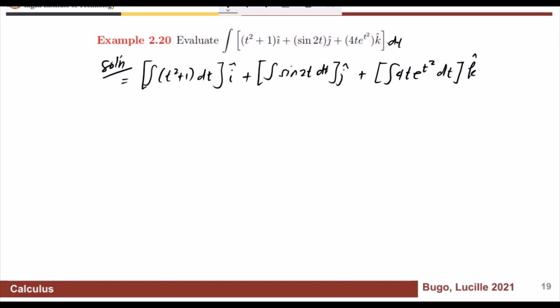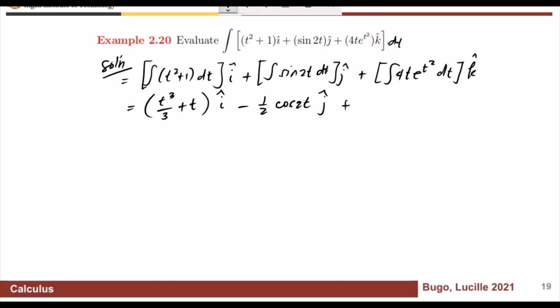And of course, we apply what we learned from finding integrals, and this is just t cubed over 3 plus t i hat plus, we let u be equal to 2t, and so 1/2 du will be equal to dt, so we'll have 1/2. The integral of sine u is negative cosine u, so therefore this is negative 1/2 cosine 2t j hat